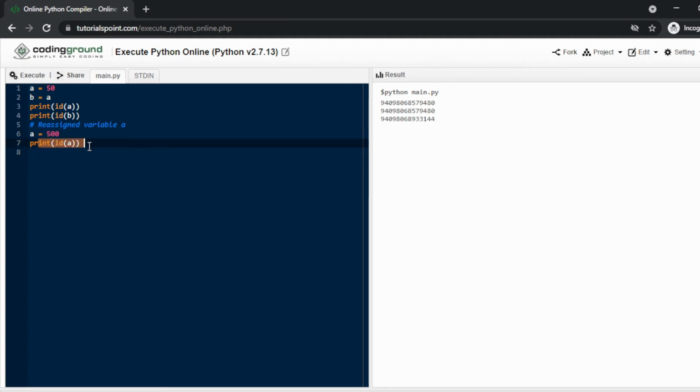After that, if I print the id of A, it will change, right? So for A equals 50, one id is created, but when the value of A changes, the id obviously changes. So that's why in Python we can say it is totally object identity, meaning no two objects will have the same identifier, right?